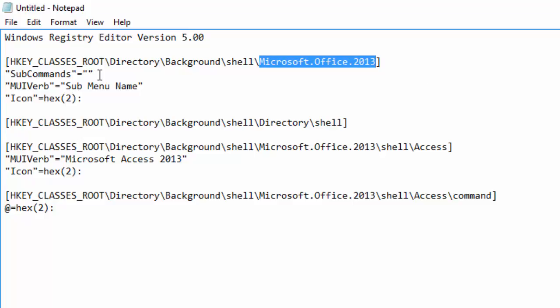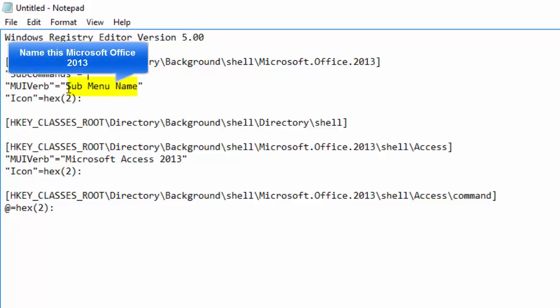So, because we're doing a submenu inside of a context menu, there's no need to name the submenu or its command. So we're going to leave this area blank. This is actually if you want to give your submenu a name before you click on it to access your actual name within the submenu. So where it says MUIVerb, and then it has the double quotes and the equal sign and the double quotes again, it says submenu name. So we're going to call this